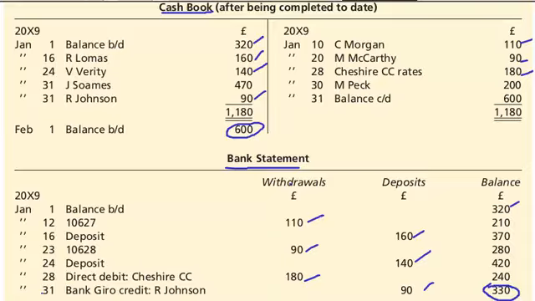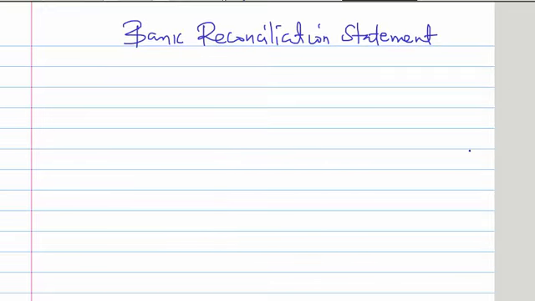And then there's a balance of 600. So after ticking off, you will notice that the balance of 600 is the one we're looking at, so we can just circle that one. After ticking off all the items, you will notice that there are two items, this one and this one, that are not appearing in the bank statement but are appearing in the cash book. So I will shift to that a bit and say there are several reasons why your bank statement might not tally with your cash book balance, and the main reasons include: